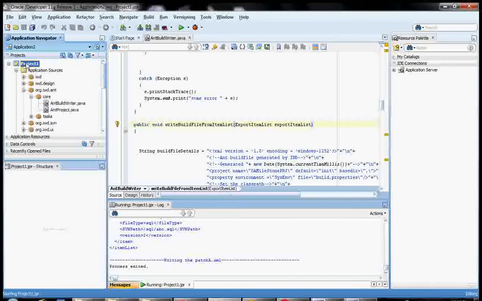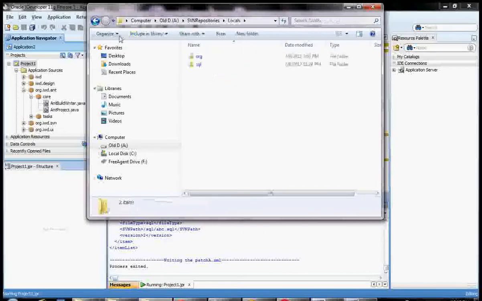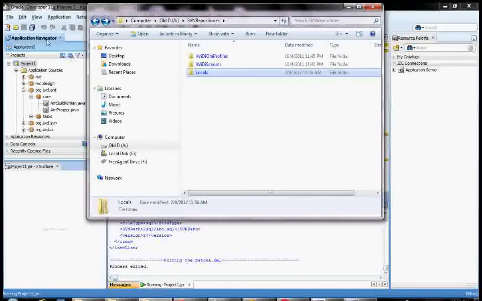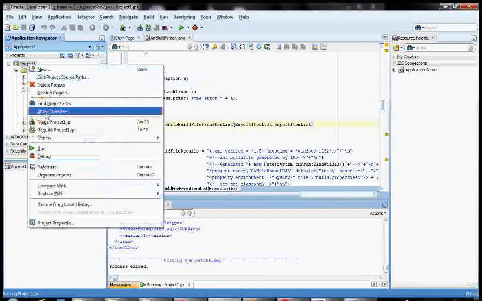I'll assume a two-part system, one as a developer and one as a DBA. Starting as a developer, I have committed my code in my SVN repositories, which is here, and I want to inform the DBA: please deploy these files. So starting with this tool,